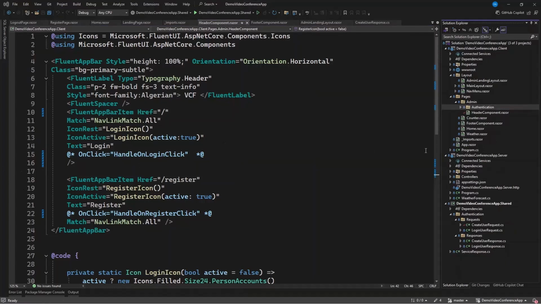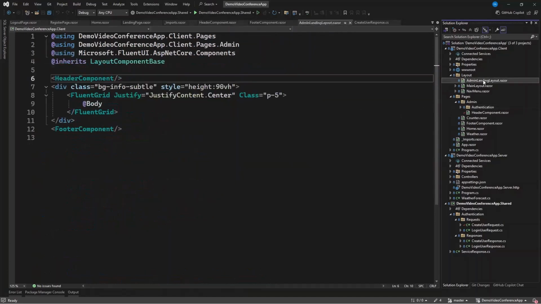So before we create the dashboard component, we need to add the layout, because you know that we have created this admin landing layout already, but we are not using this layout. Now this layout is going to be used by the login and now the register component or the pages. So from here, we want to set this as a default layout as soon as the app loads for an admin. So from here, we can get access to it from